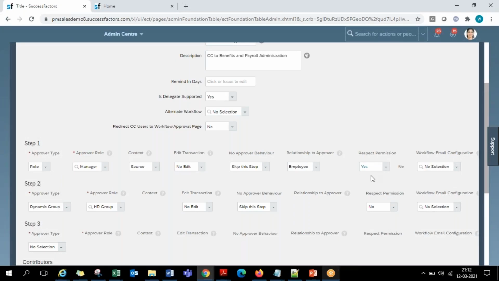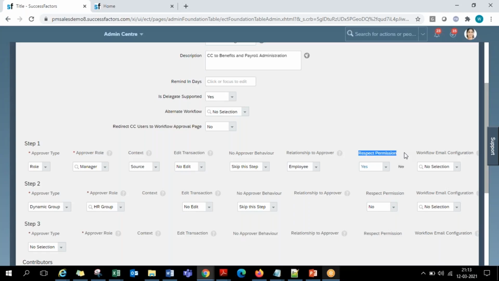If you keep respect permission as yes, then even in the workflow, as per the permissions, it will not display any data to the manager, so the manager would have to blindly approve the request. He will not get what the actual data is that came for approval. He can't approve it, so in that case nobody will approve it. They will delegate it to somebody. I can't see the data as per the authorizations that I don't have. He can delegate it to somebody else who is authorized to see the employee data, either HR or HOD or somebody else, and they can approve it.